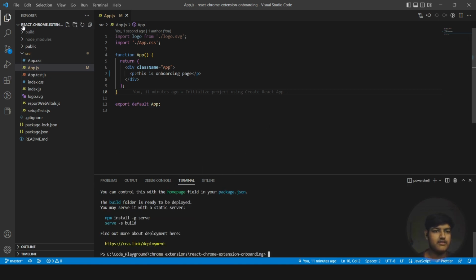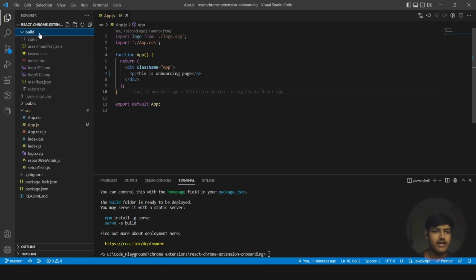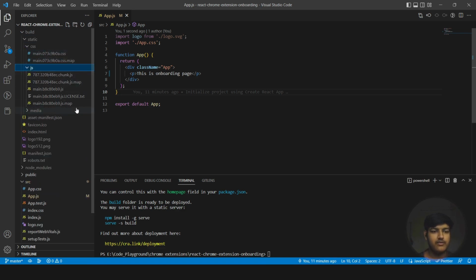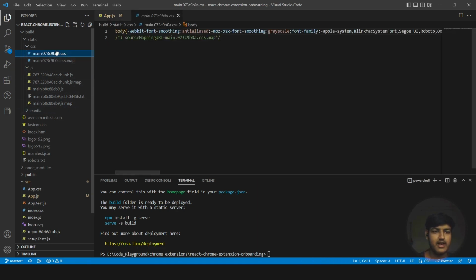Now build is successfully completed. Now again we have build folder over here. Open that up. Open static. Open CSS. Open JS as well. Now we need to copy and paste three files from this. So the first file is main dot random text dot css, and the next file is main dot random text dot js, and the index dot html. So we need to copy them